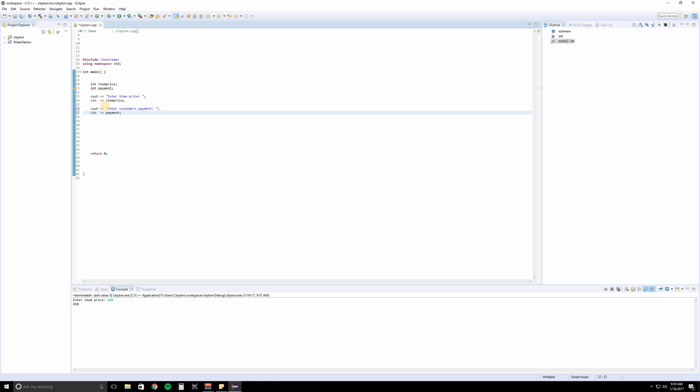So we want to check the customer's payment against the item's price. What we're going to do is use an if-then statement. We're probably going to use a few of them because it's practice, and I'm sure we can do it with one, but let's go ahead and create our first if-then statement. So how about we do if payment